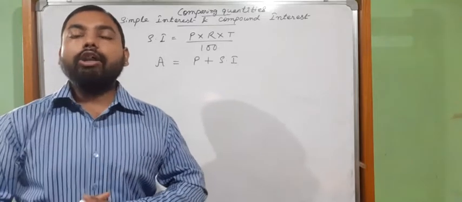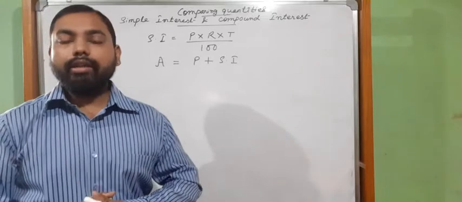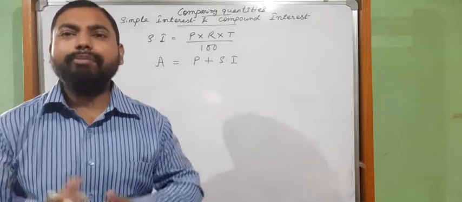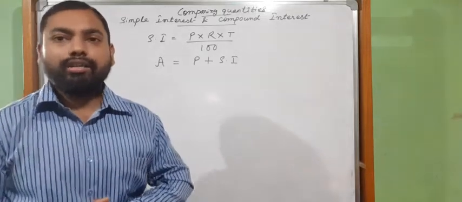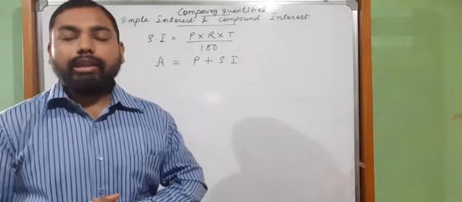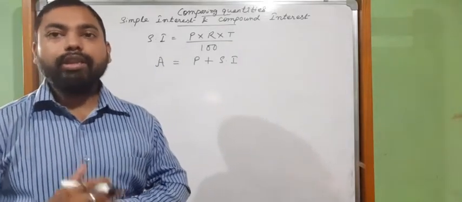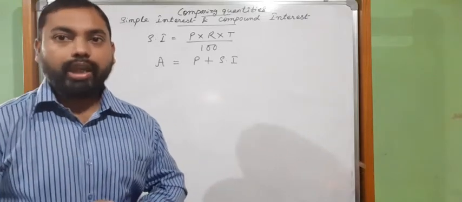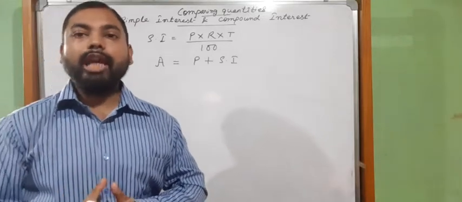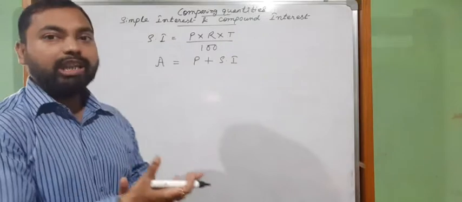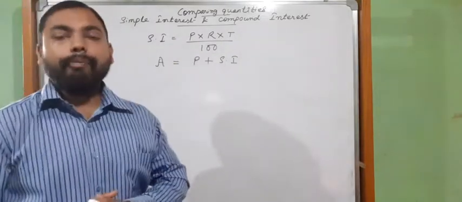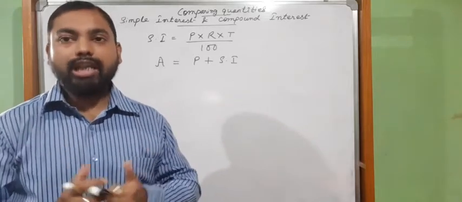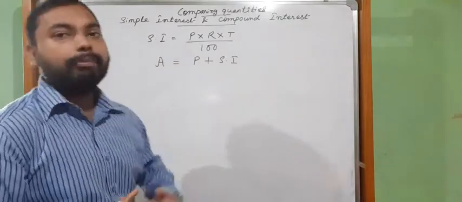If we take a loan from the bank, generally in the bank we don't go for simple interest. Let me say from some money lender, if you take some loan, then they ask for interest. That means at the end of the year you have to return the money with interest, that is the extra money. Whatever money you take is the principal. Suppose from a money lender you have taken rupees 1000, for example. That will be the principal money.